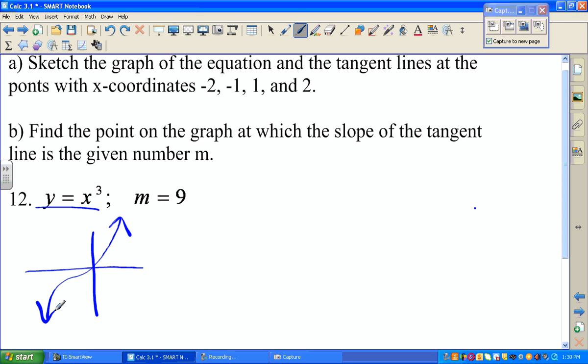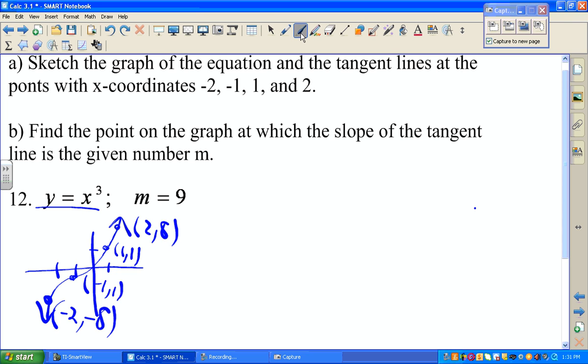Now, -2 would be at -8. -2, -8. Then you have -1, 1. -1, 1. Yeah, 1, 1. And then 2, 8. And you're supposed to sketch